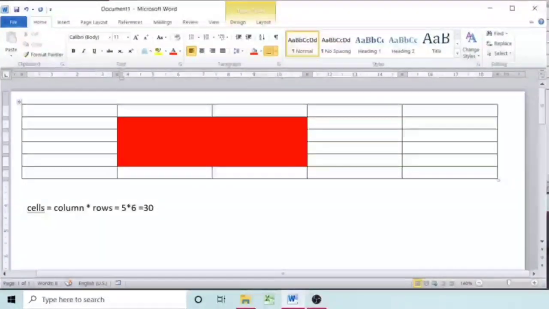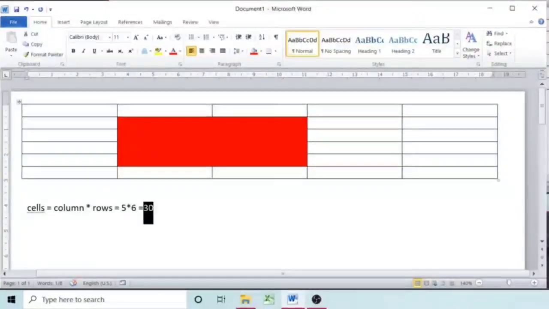So in this table, can you see this red highlighted cell? In first row 5 columns, but when you observe row number 2, 3, 4 and 5, the second and third cell of those rows are combined and a big cell is formed using those cells. So here the option is merge.